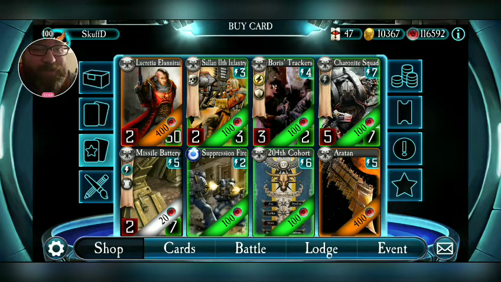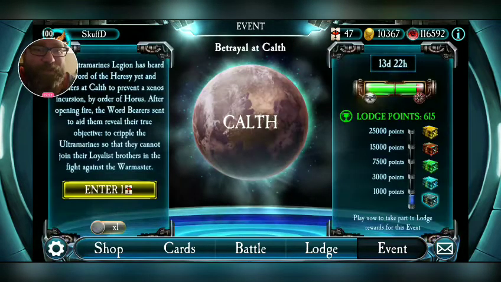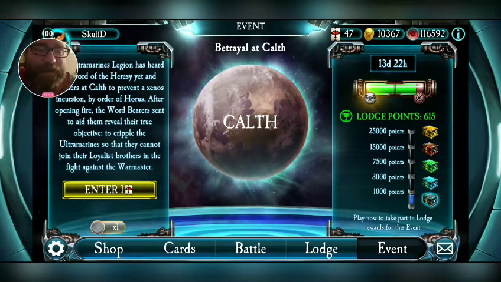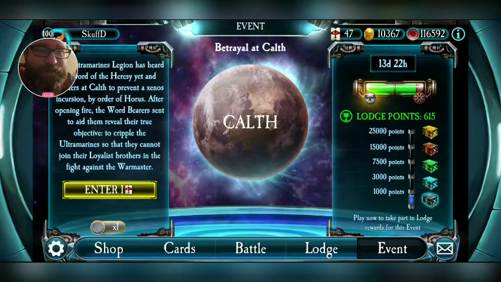I'll tell you what, the event drops were kind of crummy. Odds are the majority of the Ultramarine cards I'm going to get in the event are going to be common, maybe rare. If I get some 12 runs, maybe I'll get an epic. The event crate drops for these new factions are usually terrible, but that's the way it is, and you just pick up what you need through the shop. So,